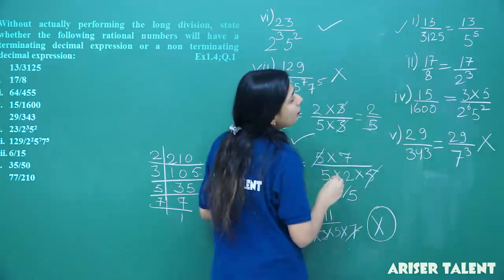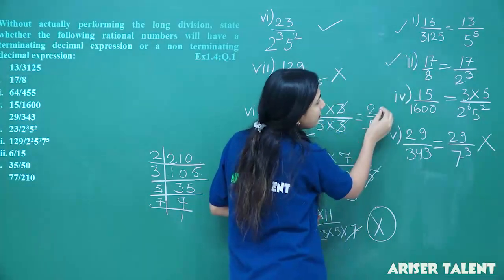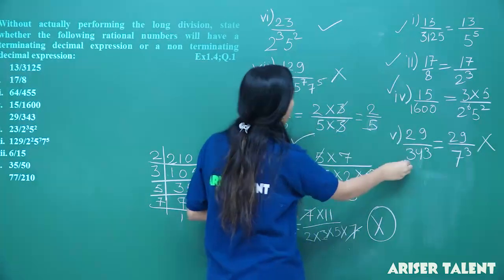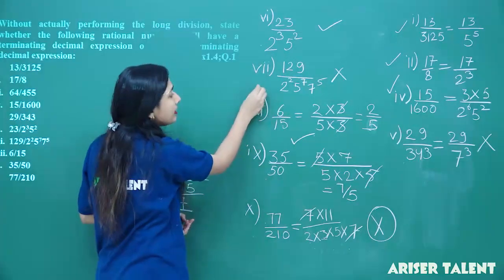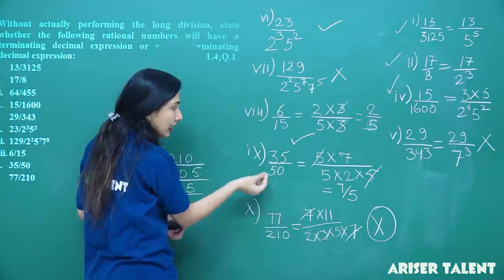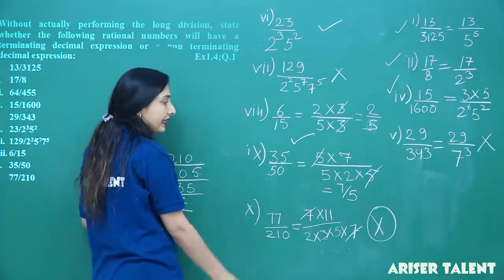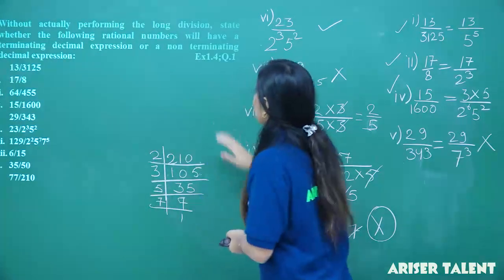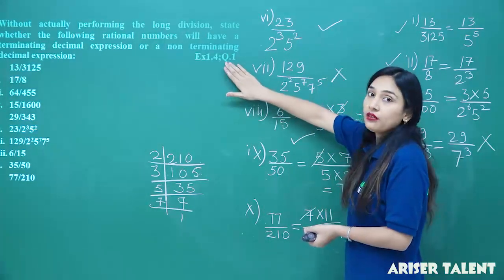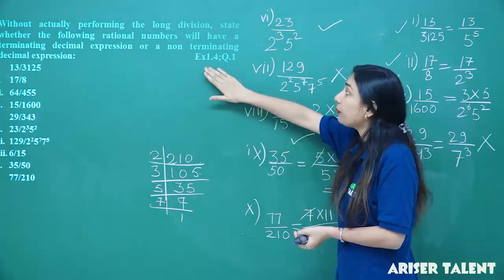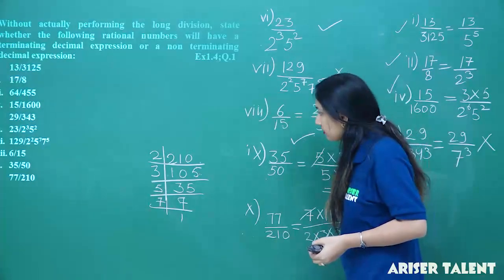the number 1 was terminating, terminating, terminating, not, terminating, not, terminating, then again terminating, and not. Now this is question number 1, the very first question of exercise 1.4, and the next question is,